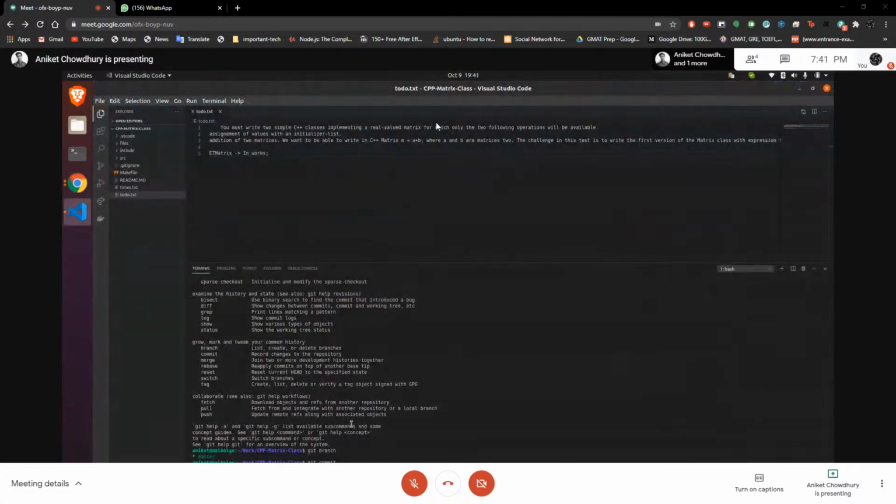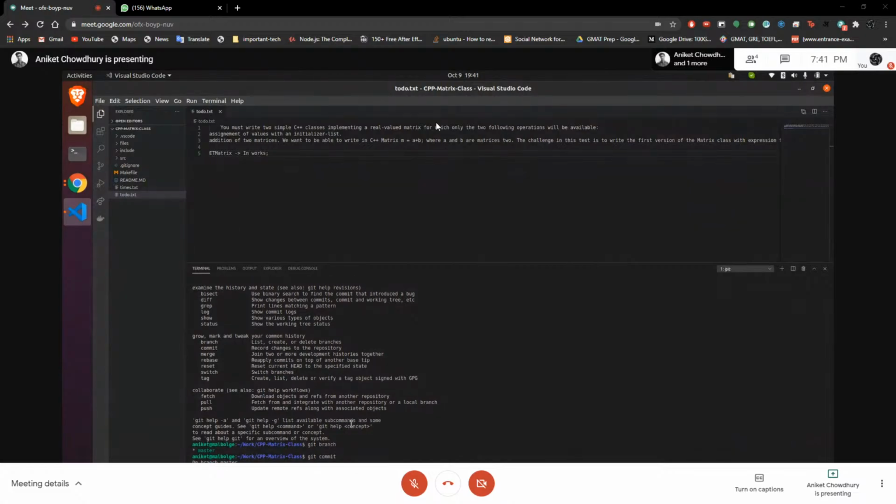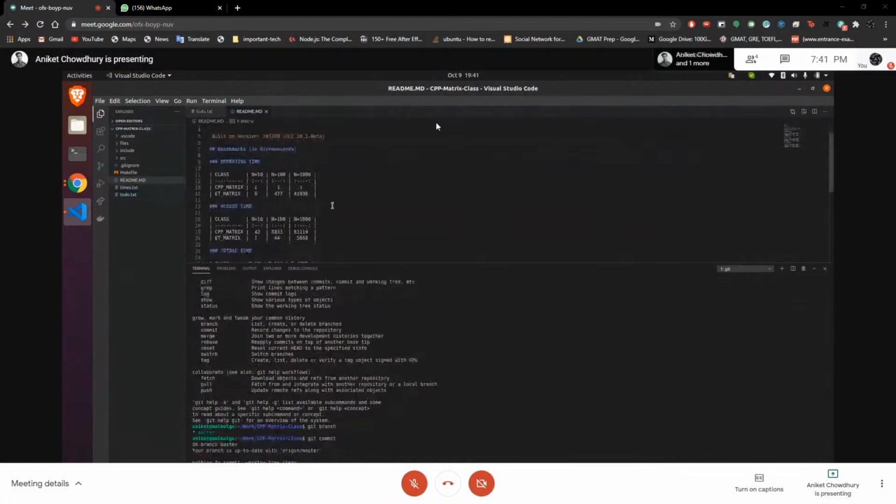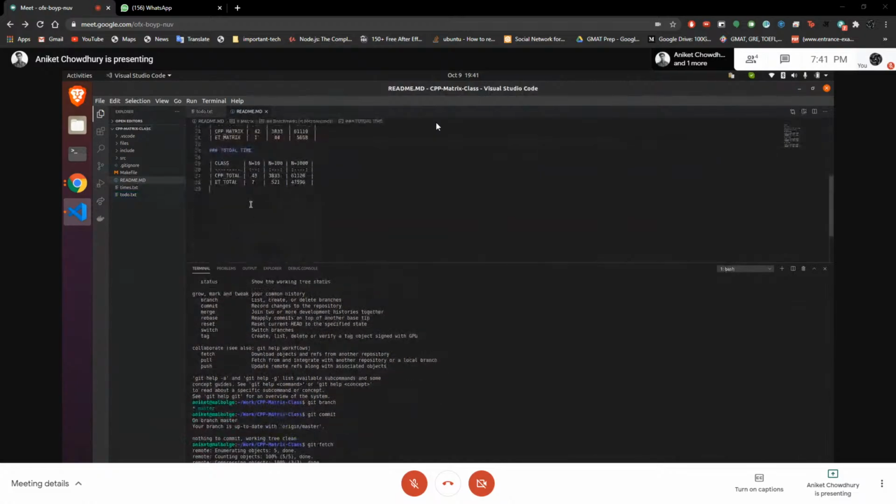The difference between git fetch and pull is git fetch does not merge it. Git pull is basically git fetch and git merge. So if I do a git fetch, I'll just open the readme as well. As you can see, the new line hasn't been added yet because I need to merge that. So if I do a git log,